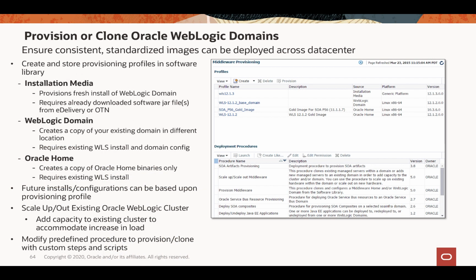Okay, the last topic in this session is the provisioning. In order to provision WebLogic domains, you need to go to the middleware provisioning homepage, which is shown as a screenshot in this slide. And you can provision WebLogic domains either from the installation media or an existing WebLogic domain or Oracle Home. So if you don't have any existing WebLogic domain added to your Enterprise Manager yet, installation media is where to start. For this option, you need to download the installation file from OTN or eDelivery and create a profile